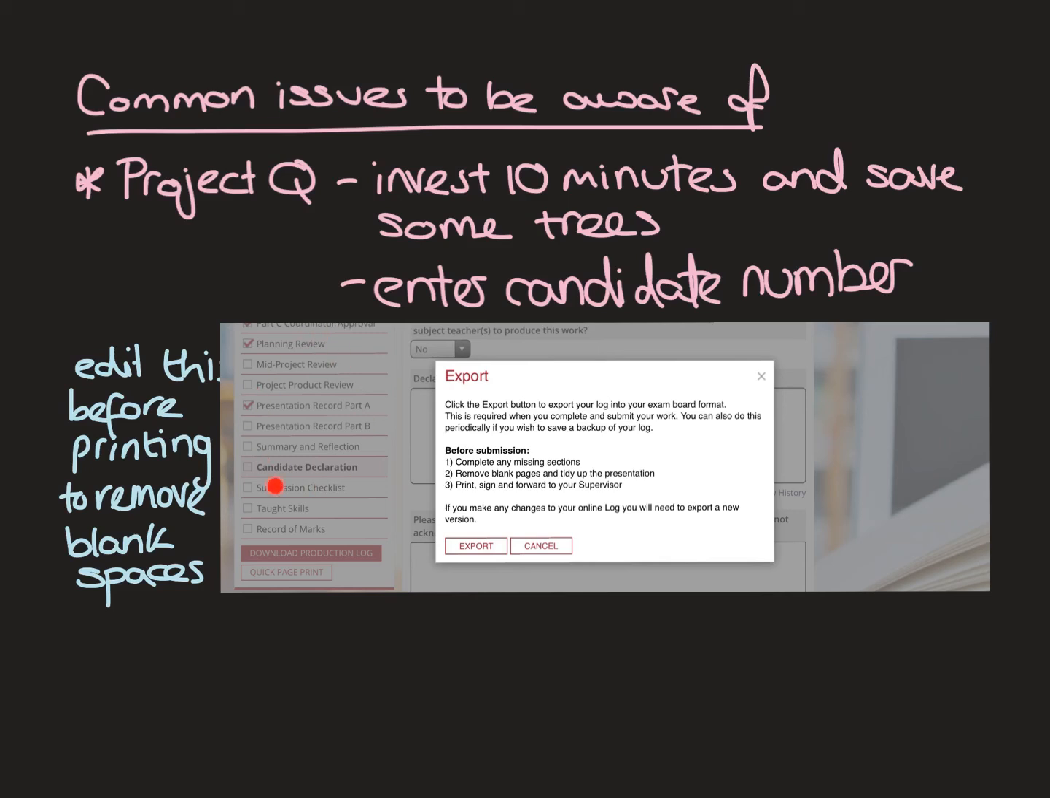You can, in your student details, enter your candidate number. This will save you writing it on each page. So take a moment to do that as well. If you're not sure, please ask Miss Co. And